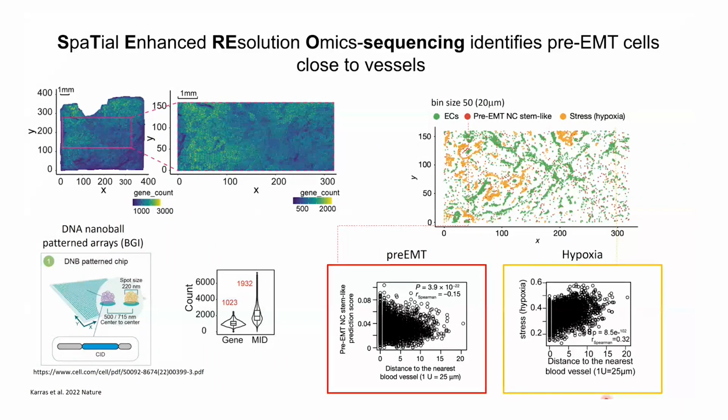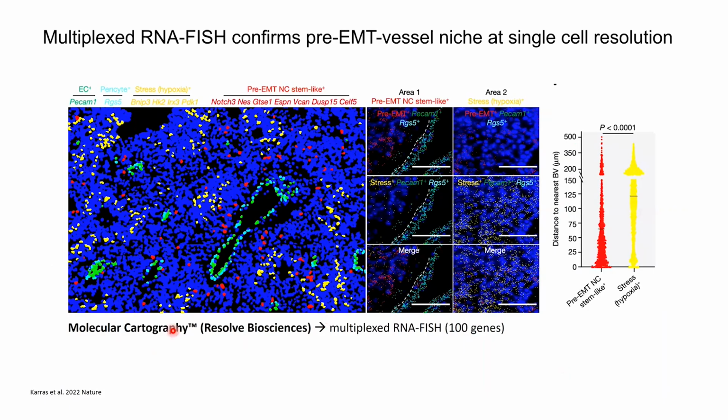Then we went to another spatial system, which is now not untargeted transcriptomics, but targeted, with true single cell resolution. That's a very cool one. It's called Molecular Cartography. I think by now they roll out the machines as well. There you can multiplex about 100 genes. This is, if you want, multiplexed, high dimensional RNA FISH. Again, we took our pre-MP cell state, and now we designed for almost every cell state about 5, 6, 10 markers. And what you see here now is the segmented